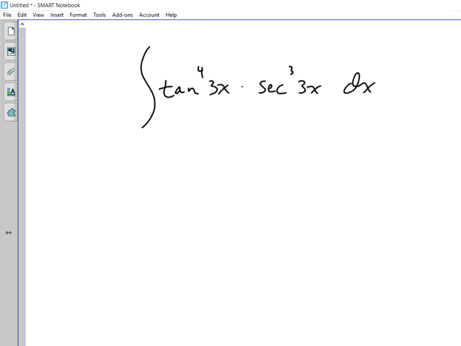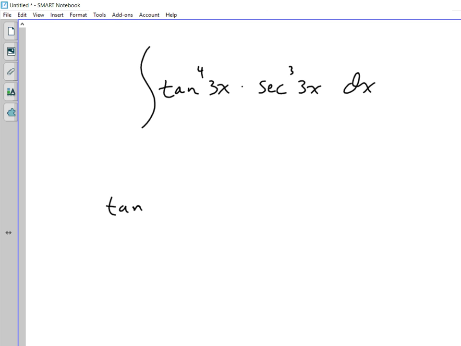Now, remember, the derivative of tangent is what? Secant squared, okay? And the derivative of secant is secant tangent. Okay. What we want to do in a situation like this is figure out a way. First of all, there's going to be a u-sub in here to deal with the 3x on the inside, right? So what we want to be doing is figuring out a way to either turn it into some